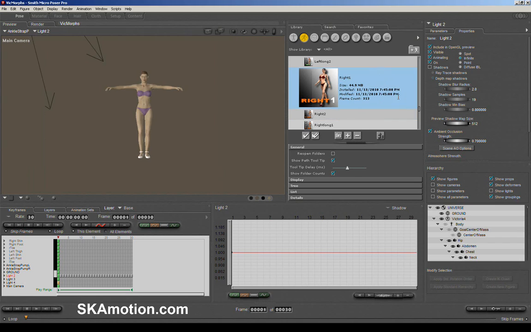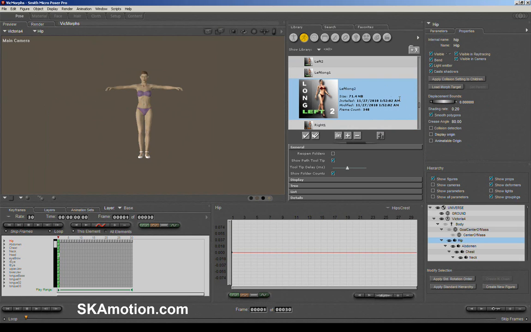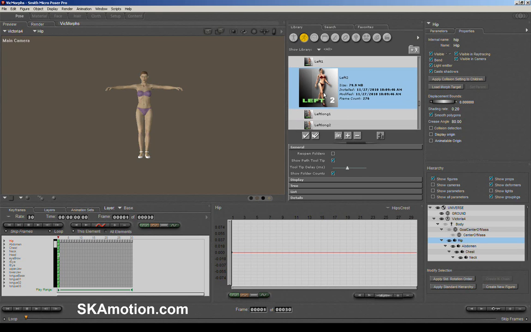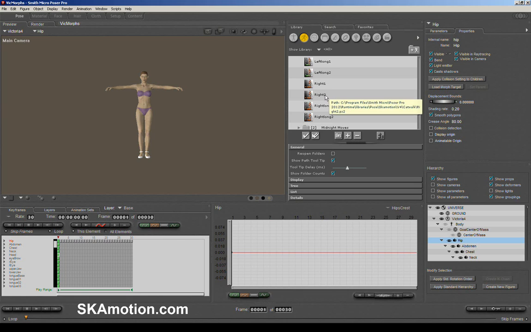So if we have a look in the library here, you can see that with the catwalk we have all of these different files. We've got 8 files. She either walks in from the left side or she walks in from the right side, but each one of these pieces of animation has a part A or a number 1, and then it has a number 2. So if you want left turn 1 and left turn 2, those two go together. If you want left long, that basically means that she walks a little bit further at the beginning and also down the catwalk, then you would use long 1 and long 2. And the same with the right side. We've got right 1, right 2, and right long 1 and right long 2.